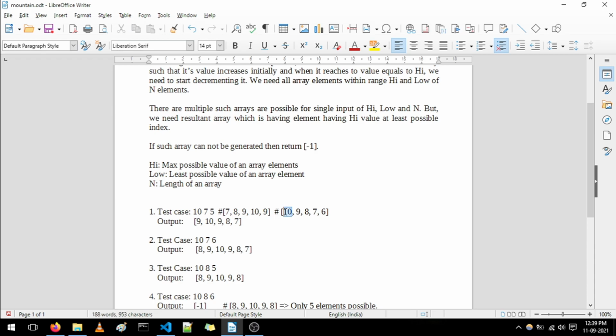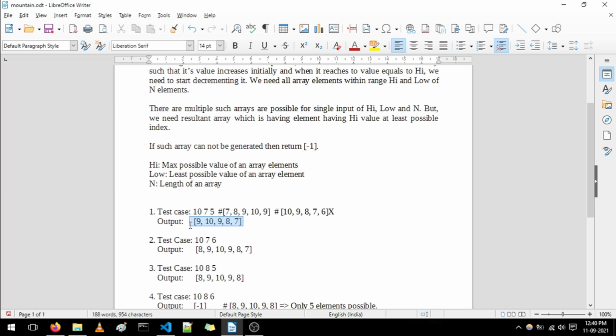The index of 10 is 0 here, but one rule doesn't apply: the array must be incremental at first and then decremental. But this particular array is only decremental, because it has the highest value at the least possible index and then starts decrementing. So this solution cannot be possible.